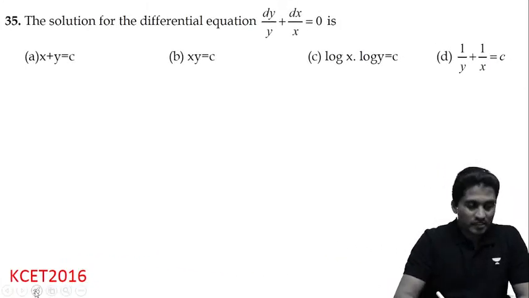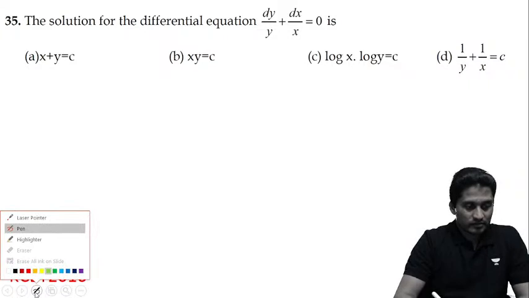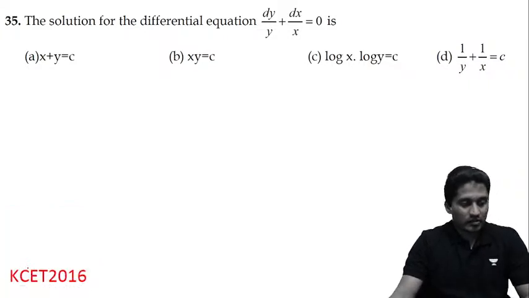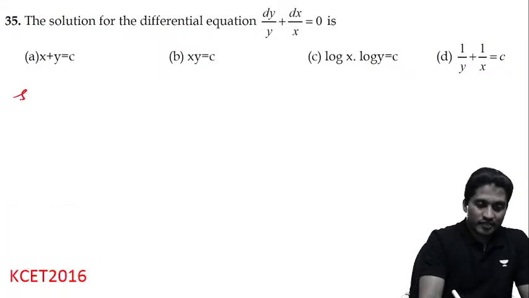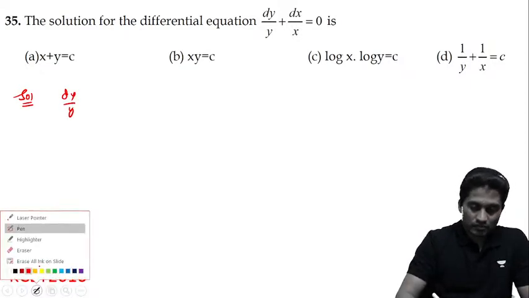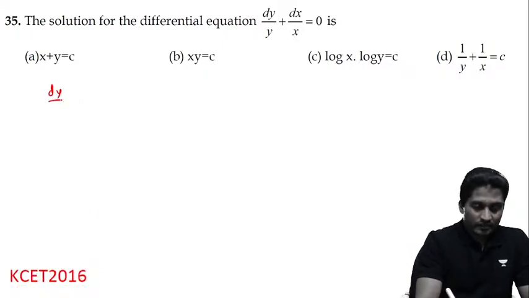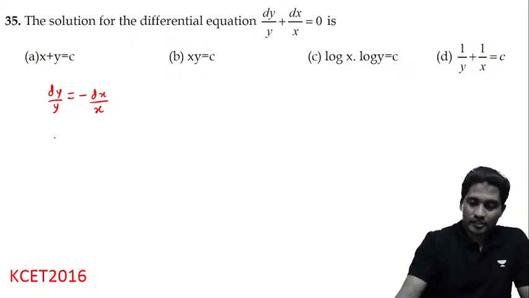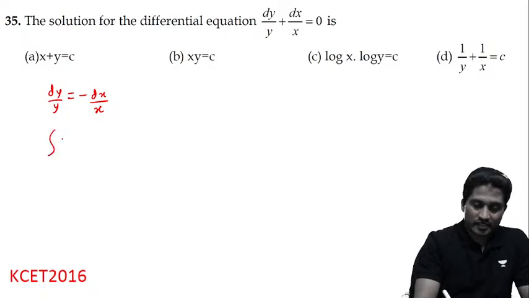The solution of the differential equation is, okay, now I can write this as dy by y is equal to minus dx by x. Right, now if I separate the variables, I can write this as dy by y is minus dx by x, right? So let us integrate. So integration of dy by y equal to minus integration of dx by x plus c,